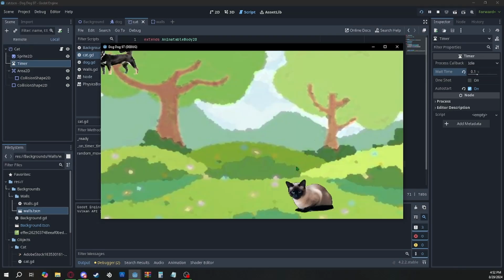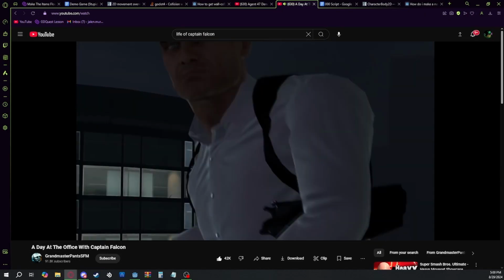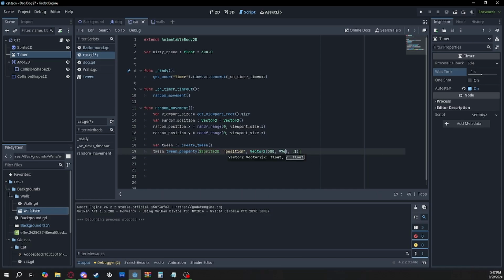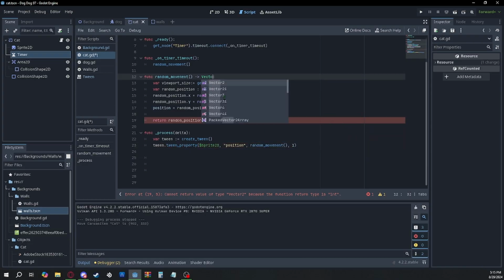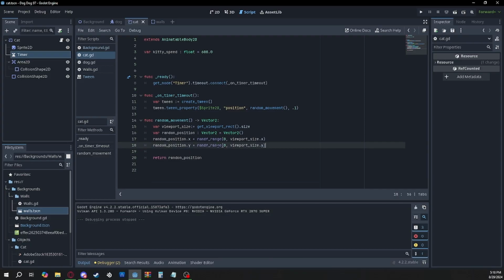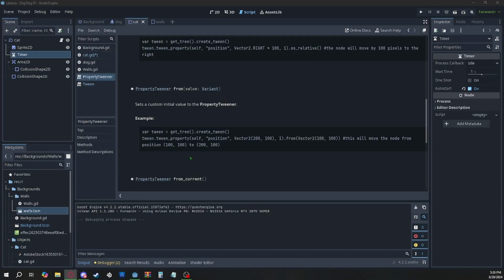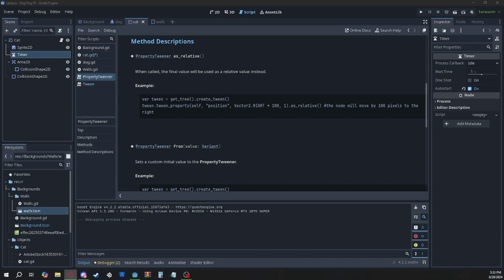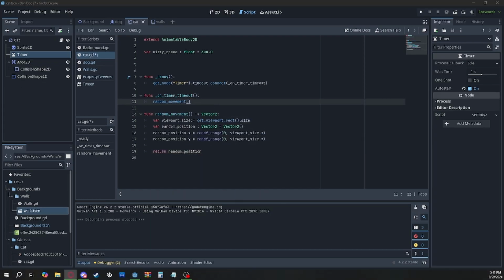So, what was I trying to do? All I was trying to do was make the cat sprite move to a random position, but instead of teleporting to that position, it would slide over to the next position. So, it would move over, and then it would choose another random position and move over there. And it sounds so much easier than it really is, but at the same time, it's also extremely easy to do. So instead of taking a position, you could make a random position and update it and then have it move towards that point. I'm thinking about that now, but